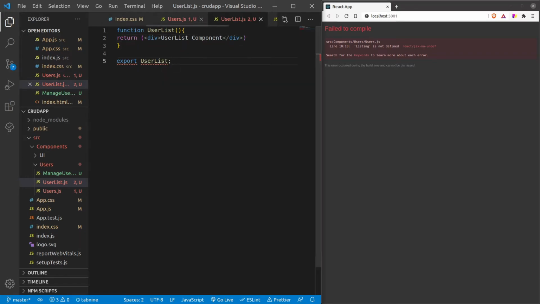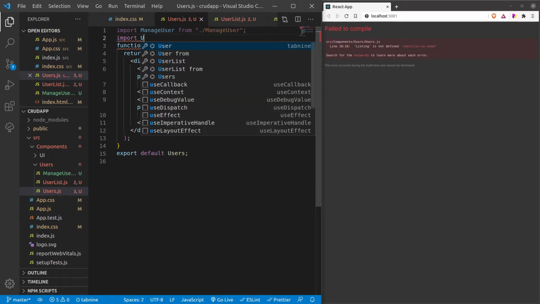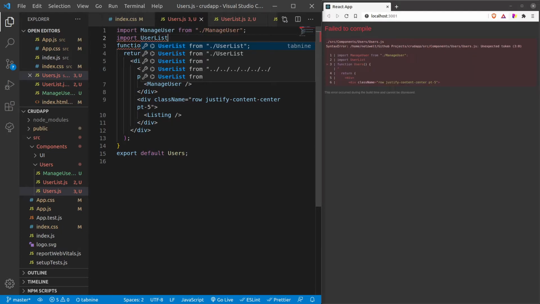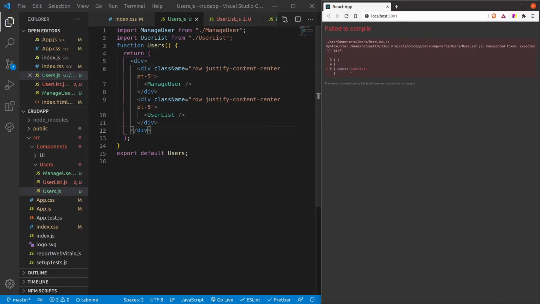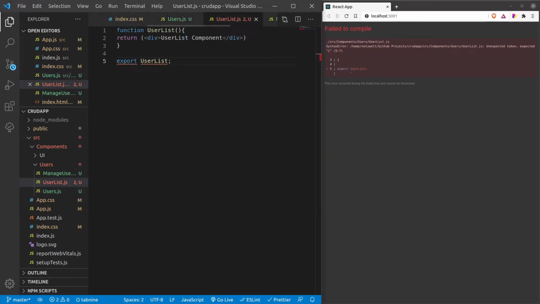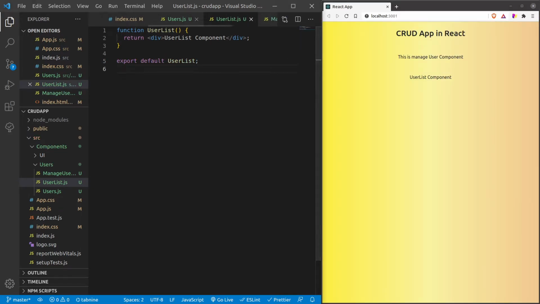All right, and we are going to import user list from user list. All right, and instead of listing, let's rename it to user list component. And all right, I have missed the default here, and let me reload the application.